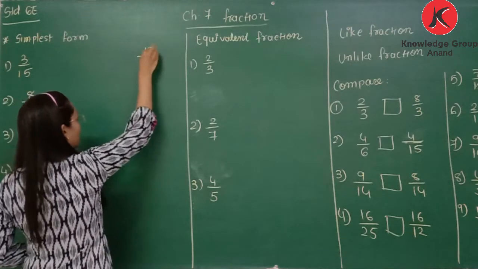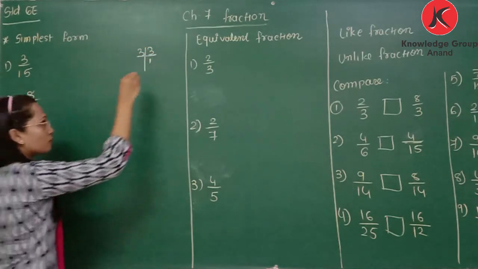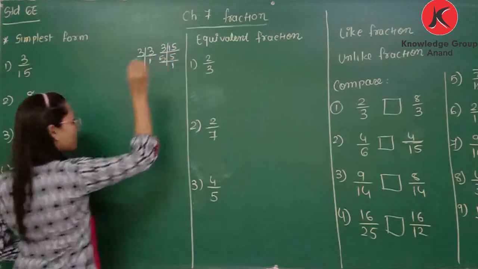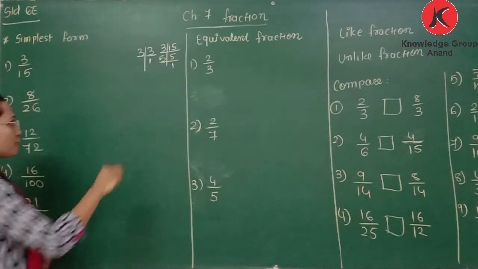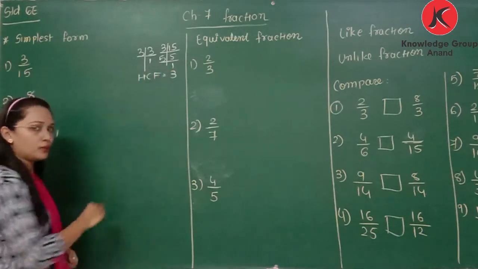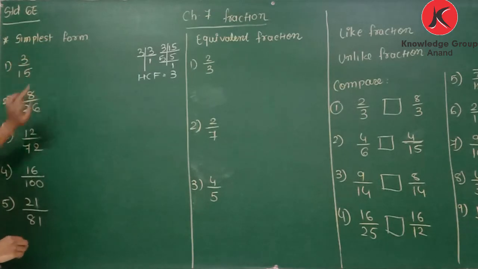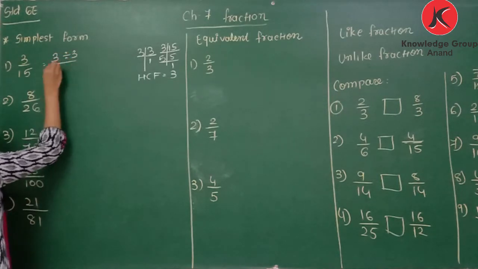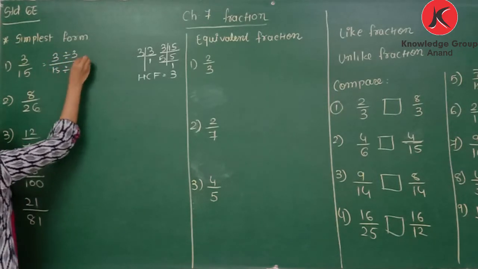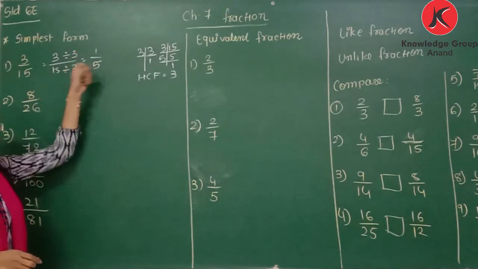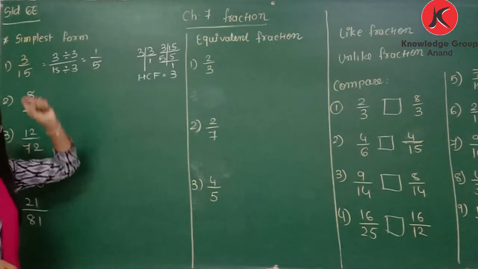So let's find the factor of 3. That is 3 1s. And the factor of 15, that is 3 5s are 15, 5 1s are 5. So what will be the HCF of 3 and 15? 3. So here each number in the numerator and denominator is divided by 3. So let's divide 3 by 3 and 15 by 3. So we will get 1 by 5. Now here we cannot cut any common factor because this is the simplest form.